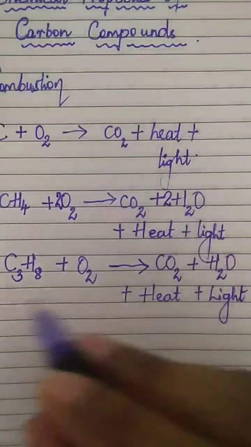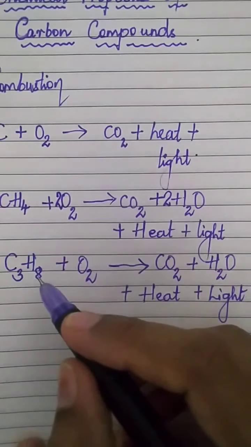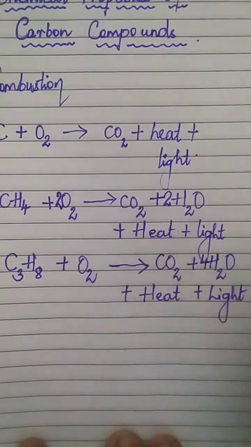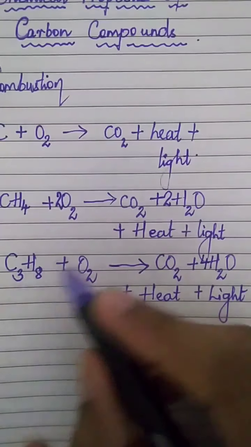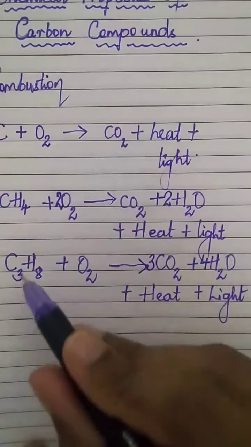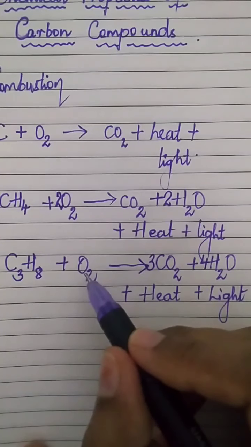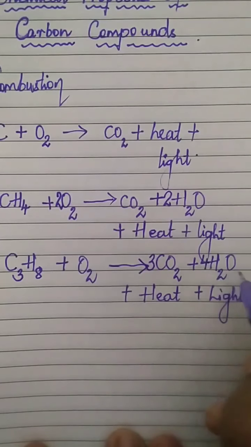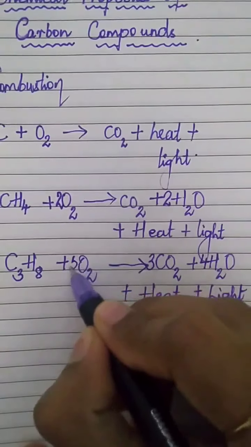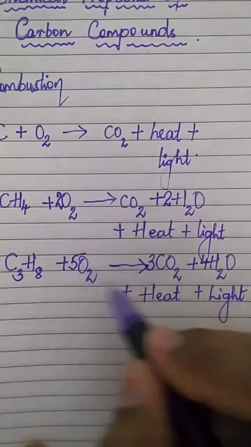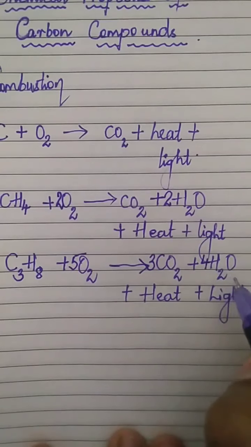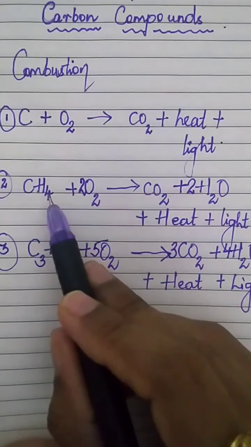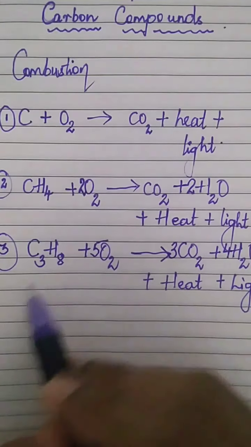Let's balance the equation here. Same way we'll go. As you can see, you have 8 hydrogen here, so just as a trial, I'll put a 4 this side. Carbon we have 3, so I'll put a 3 here. What about the oxygen? Oxygen has 2 atoms on the reactant side. On the product side, 3 2s are 6, 6 plus 4, 10. So we'll put a 5 there and oxygen is balanced. 5 2s are 10. Correct? So very easy to balance. The gas present in biogas and the gas present in LPG.